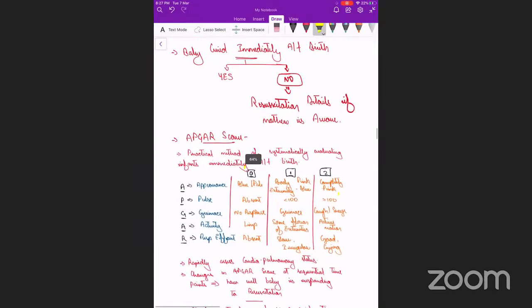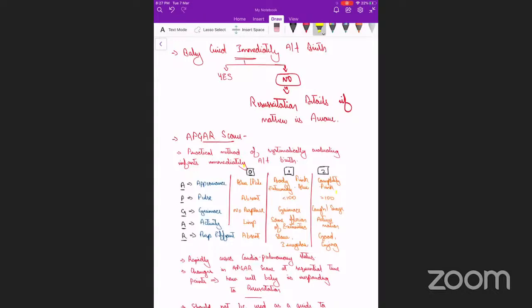Okay, so we'll ask the mother whether the baby cried immediately after birth or not. If not, whether the mother is aware of the resuscitation details, correct? Since it is in the mother's own words, the mother might tell that a tube was put into the baby, or that the baby did not cry, they wiped the baby, then the baby started crying, correct? So in the mother's own terms, if the mother knows the resuscitation details, you can go ahead and ask. Fine. Next is the